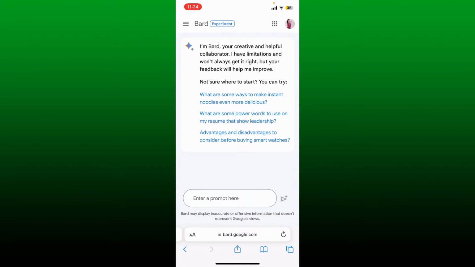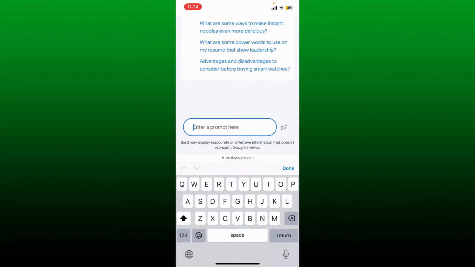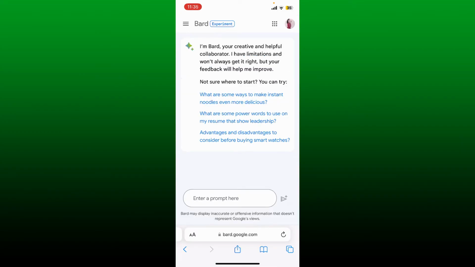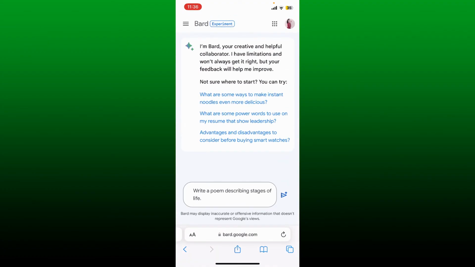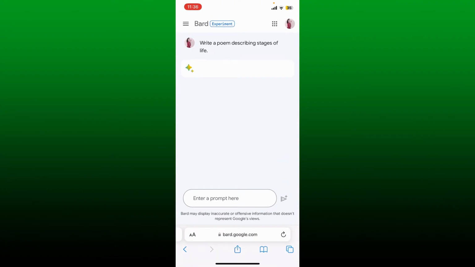Here in the text box at the bottom, you can enter any prompts. You can simply go ahead and type in a prompt in the text box in a form of a question or a request that you want the Bard to answer or do. After you type in your command or prompt, tap the send button on the right corner, wait for the result,